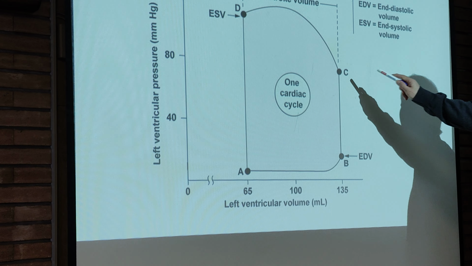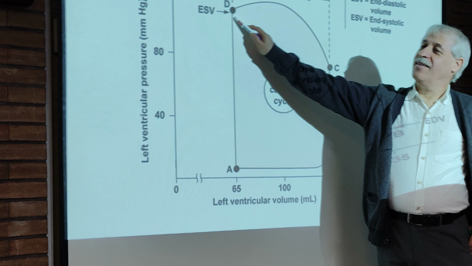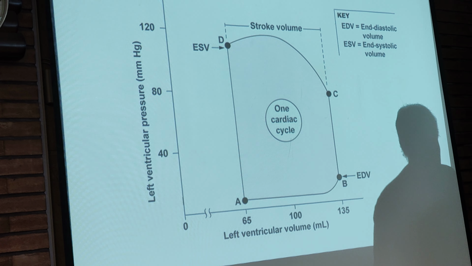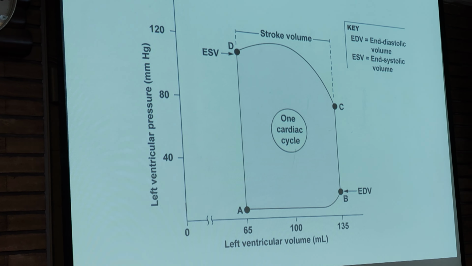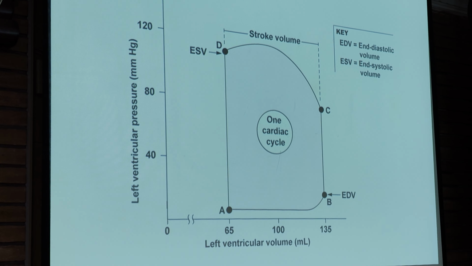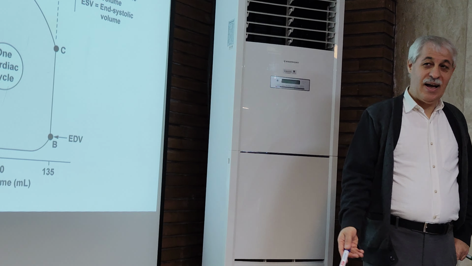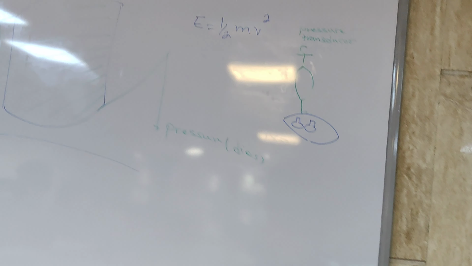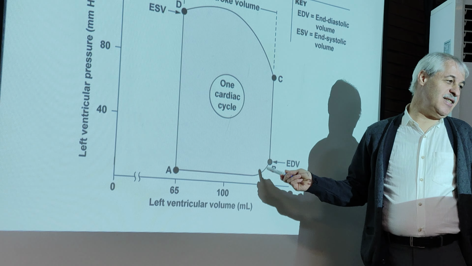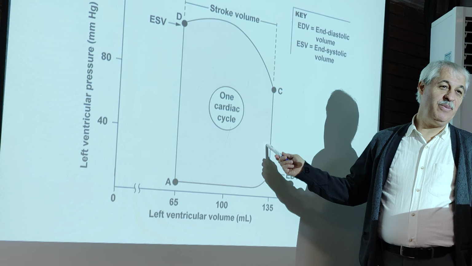But here, in isotonic contraction, the cardiac myocyte volume will be reduced and the blood will go out from there. So you have two types of muscle contraction here in the heart. Isometric,